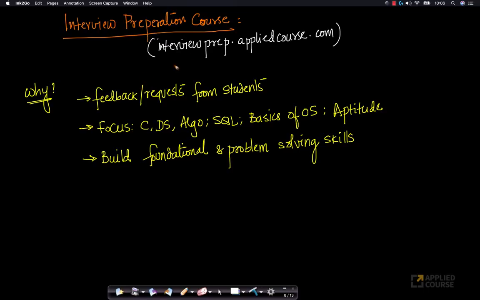Hi friends, we at Applied Course are extremely happy to announce a new course called the Interview Preparation course, which helps students and working professionals to prepare for software engineer roles at various companies, right? So you can find everything about this course at